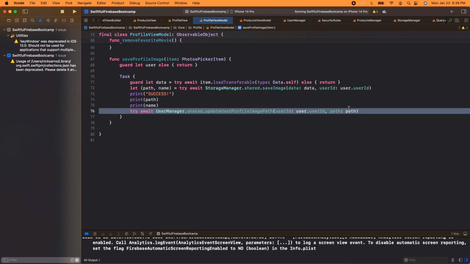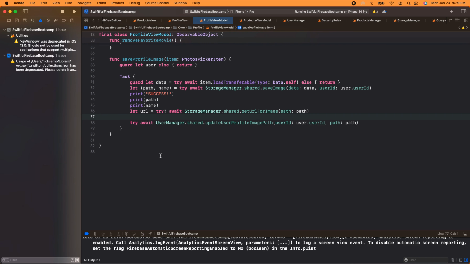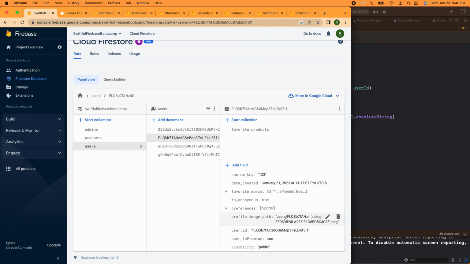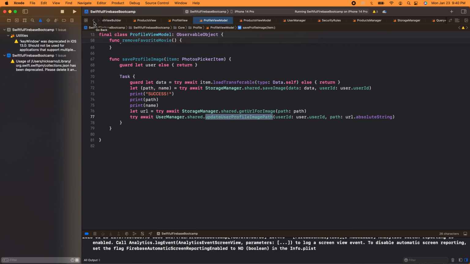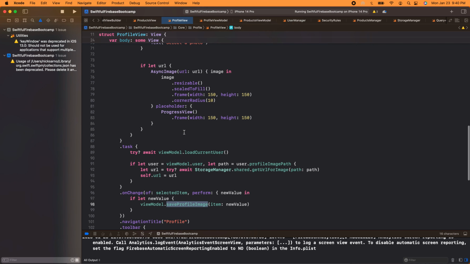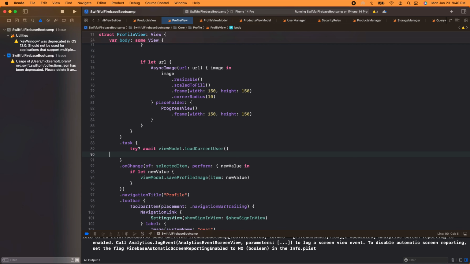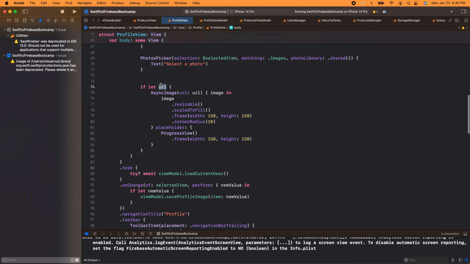And before we upload the path, we're going to actually try to get the URL. So we'll say let URL equal, and we'll pass in the path here. And then we'll actually upload the URL string to the user's profile image. So now what we're going to save in here is the actual download URL itself. And so what that's going to let us do is we no longer need to fetch the URL, and we can just say if let URL string equals